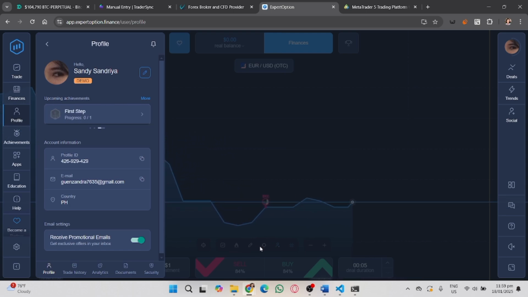Now, in here on your OANDA account, make sure you copy your account number together with your password, because we are going to log in with that on MetaTrader 5. Once you've entered the correct information, you simply click the Login button to connect your OANDA account